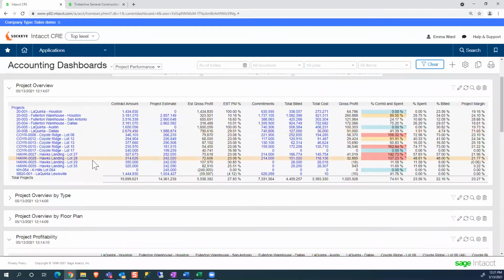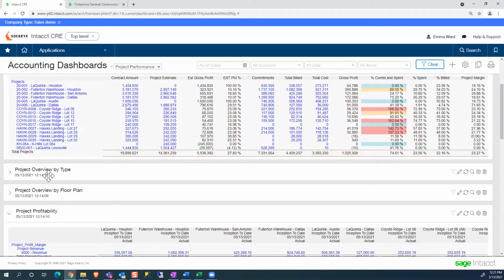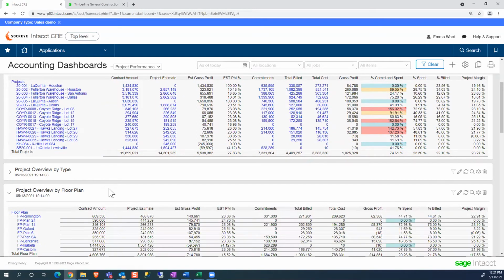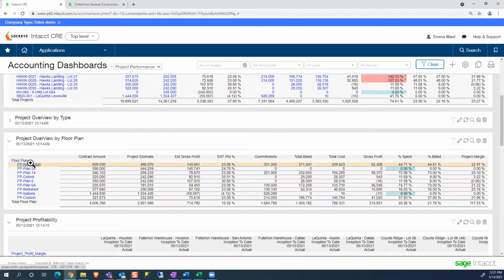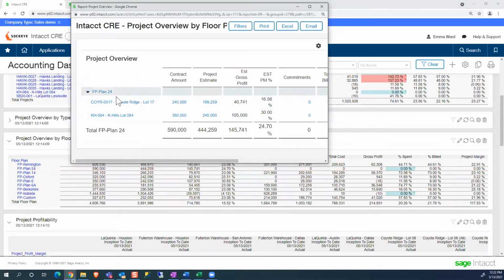Now with those attributes, I can pivot my data on any of those fields. So you saw that field that said floor plan here. So here are all my floor plans. And now I can see all of the same report as above, this contract amount, subtotaled by floor plan. Now you could subtotal it by project manager or any of those other fields as well. This is just one example. And by clicking on a floor plan here, it would give me an expansion of that floor plan and all of the projects that would roll up to that floor plan.